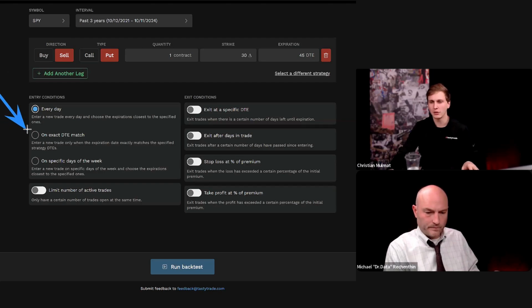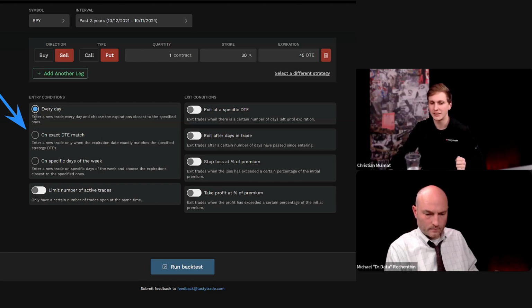So as you're establishing your strategy, as you're getting your functions for your trades here, this is where you'll want to fiddle with your different backtests in terms of maybe adding on some additional legs or changing your entry and exit conditions. So first, we'll start with our entry conditions, and that's going to be the days at which our trades are